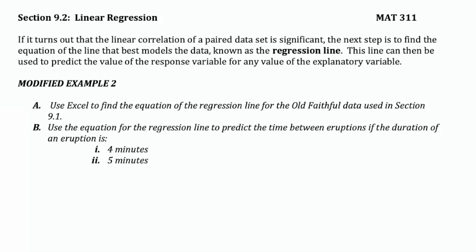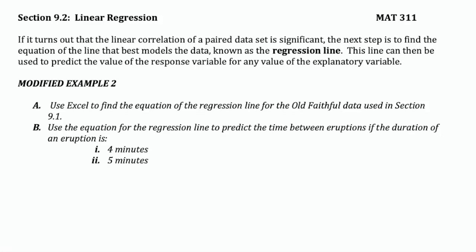In section 9.2, we're going to learn about linear regression. If it turns out that the linear correlation of a paired dataset is significant, the next step is to find the equation of the line that best models the data, known as the regression line. This line can then be used to predict the value of the response variable for any value of the explanatory variable. So it becomes a tool to make predictions based on data, which is used in so many different areas